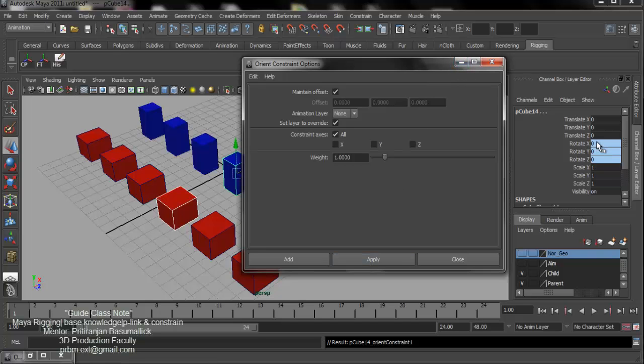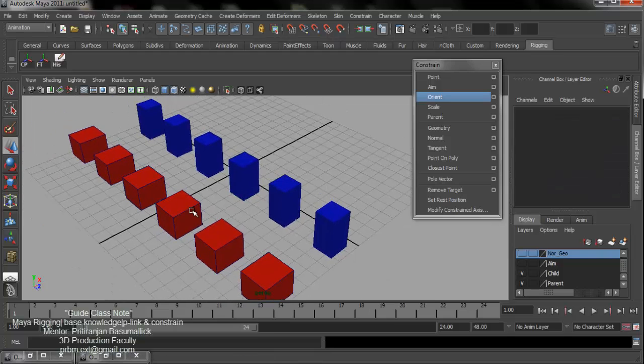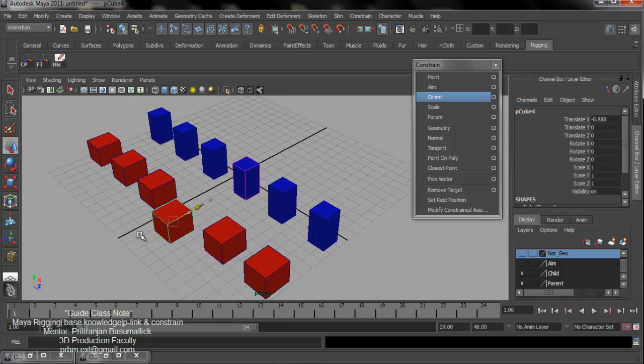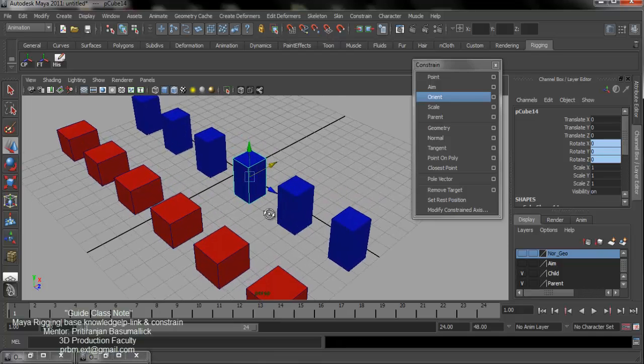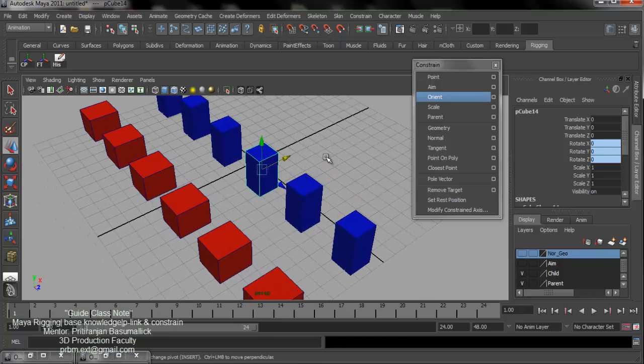So what happened, the rotation is created. Now we see when I move my geometry, it does not move, because we gave the orient constraint link, we did not create the point constraint.